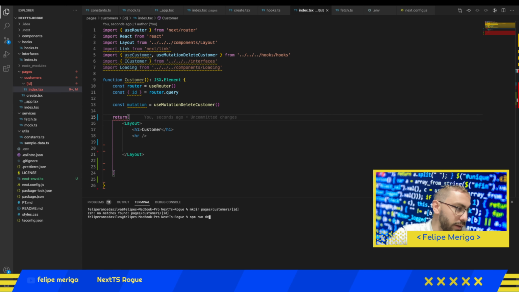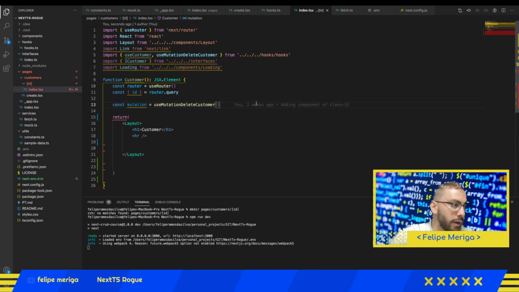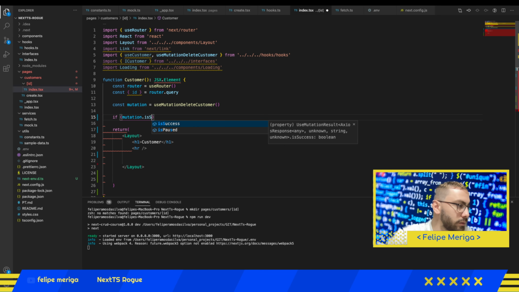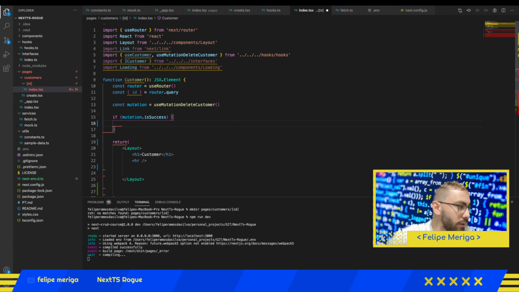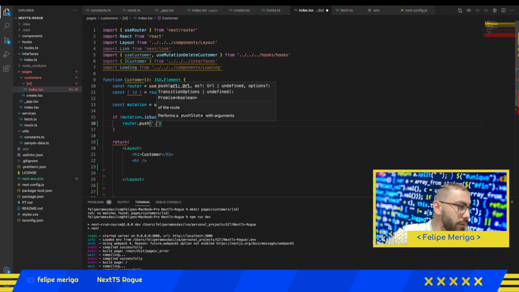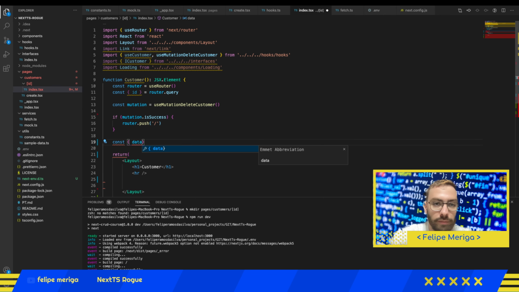I'm going to run npm run dev so we can see the results while we are coding. And here up, I'm going to do an if mutation is success. We are going to route the user to the index page, to the main page of the application, because I have deleted the user. Then I want to route the user to the main page just to check in the table that the user doesn't exist anymore. And then I will do a const data and error